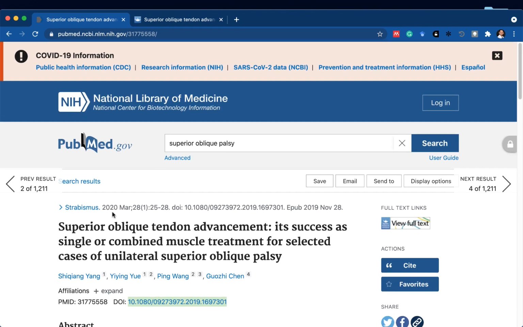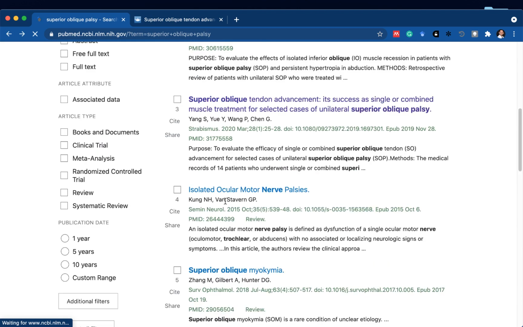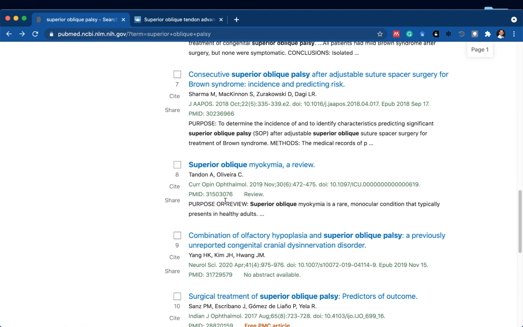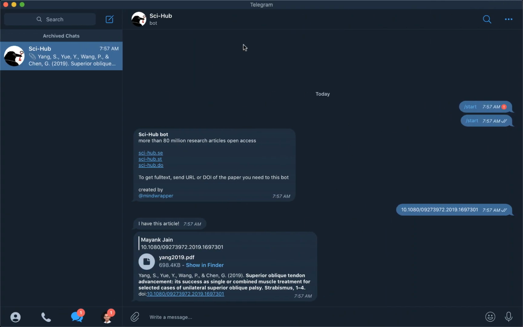Similarly, you can download for others as well, and some articles which are not available on Sci-Hub will not be available here. But the best option is there is no sign in, there is no captcha, there is no waiting, and these articles are always named by the first author and the year in which they are published, and you can always find them here. And the best thing is you can share it with others as well.